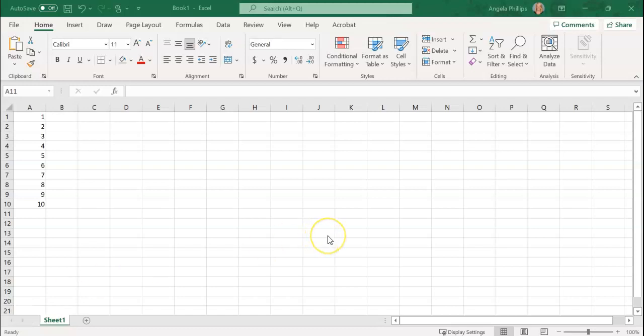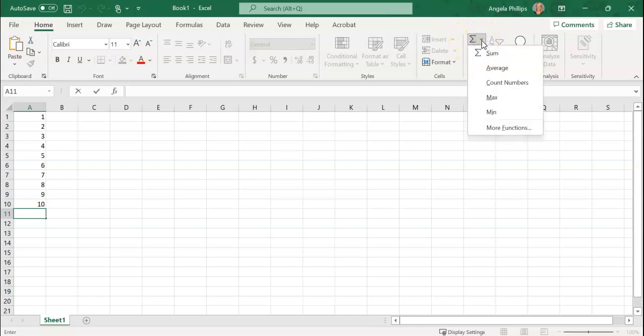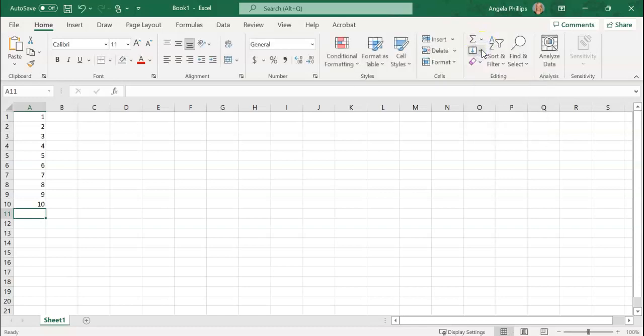So today I'm going to show you how to do some simple calculations in Excel. As you can see, there is a list of numbers here. I'm going to click on cell 11, which is underneath the numbers titled line. Now, if I go to this symbol up here, I can click the arrow and I can decide what I would like to do. So I can click on sum,